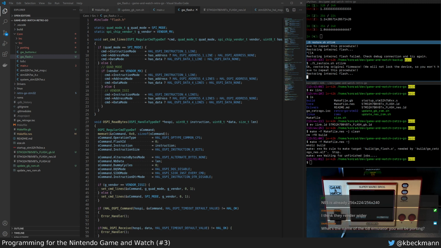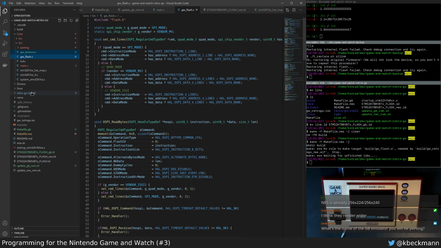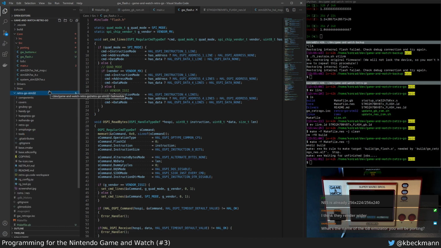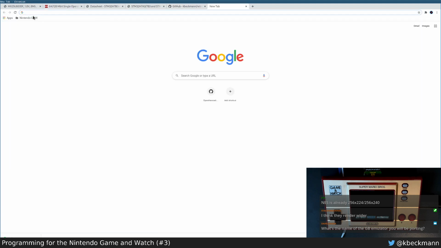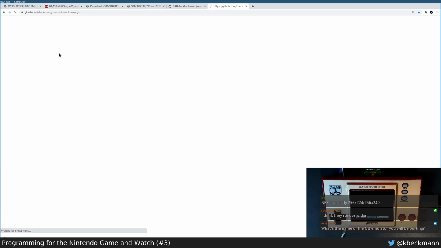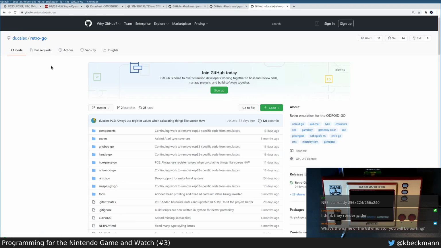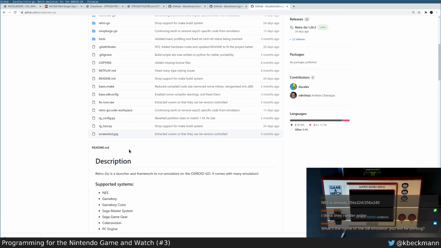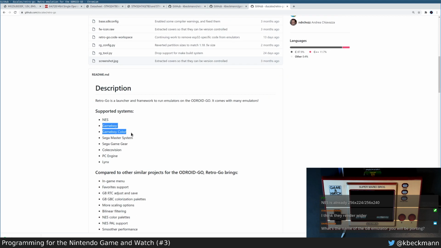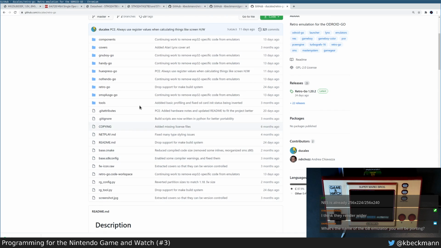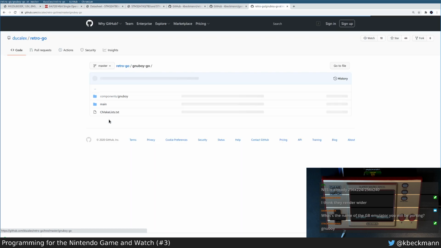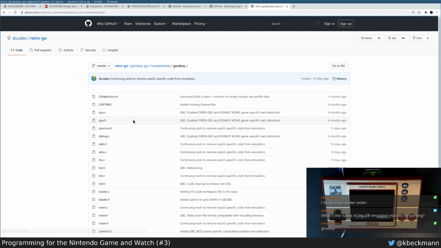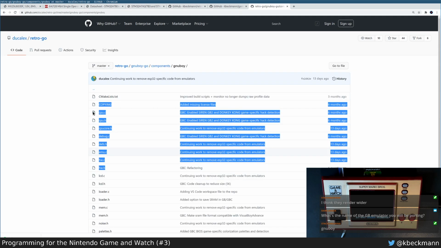What's the name of the Game Boy emulator you will be porting? Okay, so let's check that out. So it comes from the RetroGo project. So the RetroGo project is again a collection of emulators, which I forked in order to make some patches. So it claims to have support for Game Boy, Game Boy Color, Sega Master Systems, Sega Game Gear, and all of the good stuff. So I guess it's the GNU Boy, and GNU Boy has been copied into this repository,